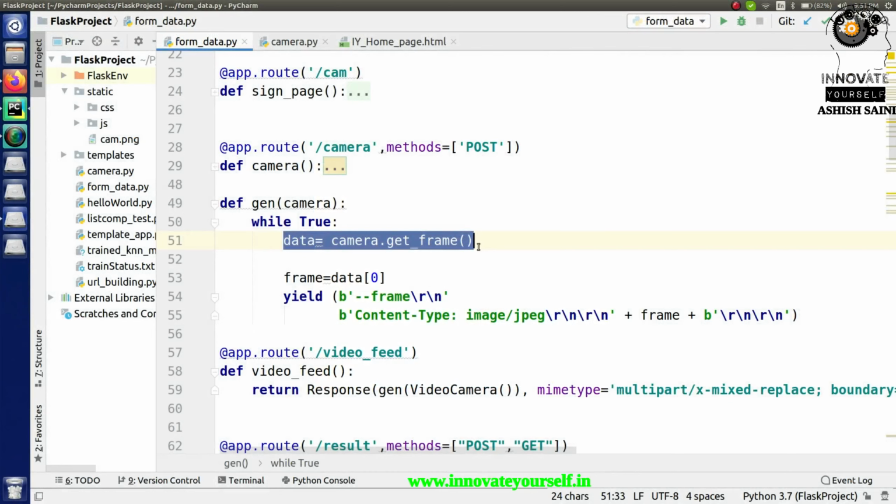To do that, we have to collect the images and apply that algorithm onto the image, because we cannot directly apply the face detection algo to your video, or let's say to the webcam which you have interfaced onto your website. So we cannot do that directly. Instead of doing that onto the video or the webcam, we have to apply it onto the images.